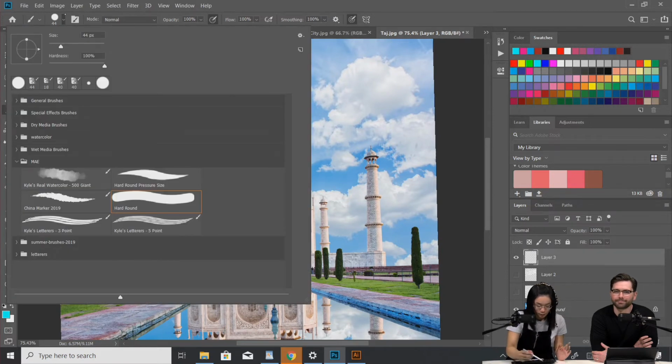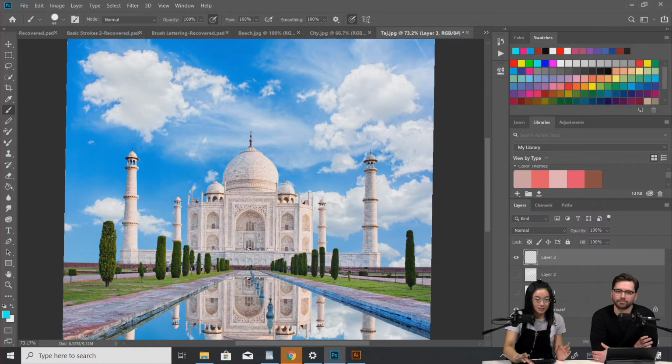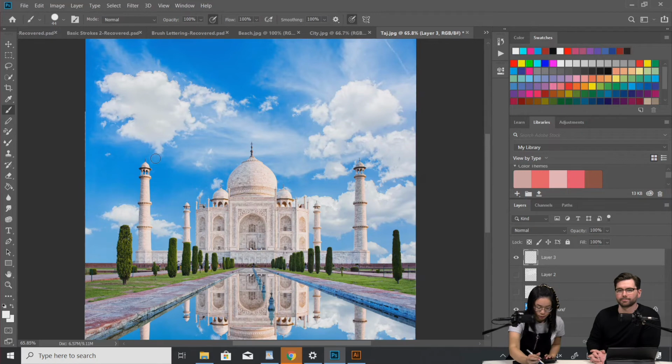So again, I'm going to use the hard brush, and maybe we'll just write. Oh, this photo is photoshopped. So I'll just clean this up. I'll probably just write Mahal. That's okay. I'll get a white brush, and I'm going to turn off the opacity.